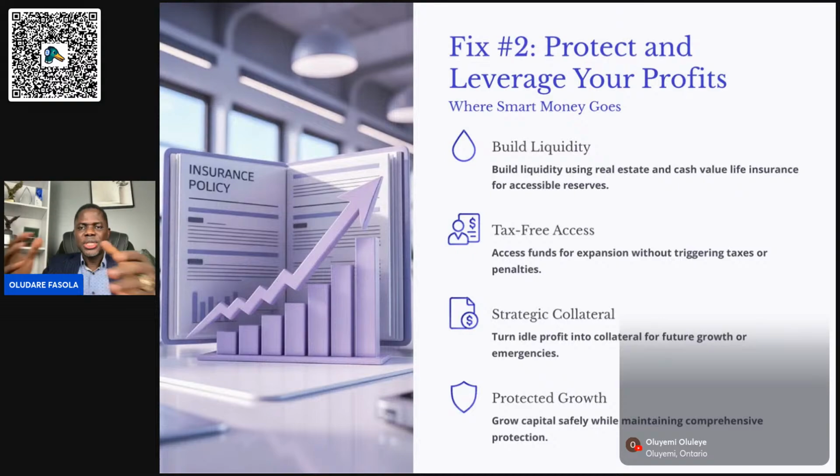Number 2, protect and leverage your profits. Build liquidity using real estate and cash value life insurance for an accessible reserve. It might not be limited to this alone. There are so many investment opportunities that you can actually leverage. When you are making money, be smart enough to diversify your portfolio. You don't want to put your eggs in one basket. You don't want to shoot yourself in the leg. So make sure you diversify into different